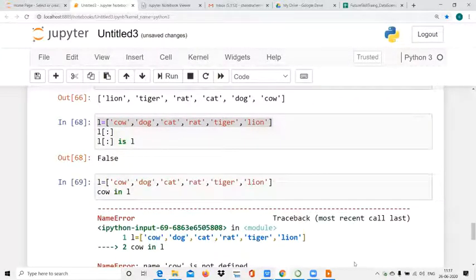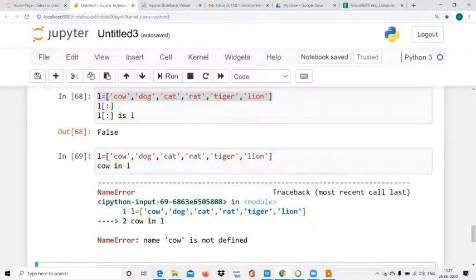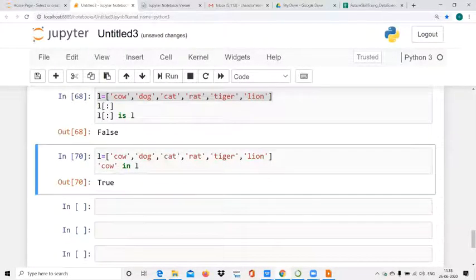What is the error? See, cow is wrong, it is not defined. It is a string, so do this. So it is true, right? Means cow is present in this list L.